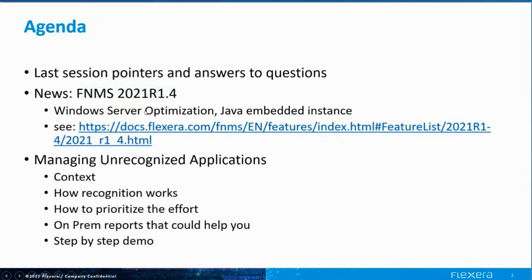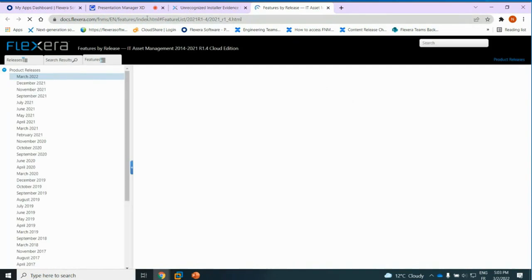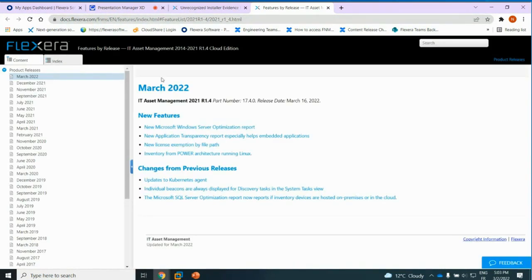So just on the news very quickly, the FNMS 2021 R1.4, so FNMS Cloud, this is the cloud version, will be released on 16th of March and will contain a number of new features that you can access going on the docs portal. This docs portal includes the list of features that have been released over the last years. If you go to the cloud instance, features, FNMS Cloud, you will see that you have more details